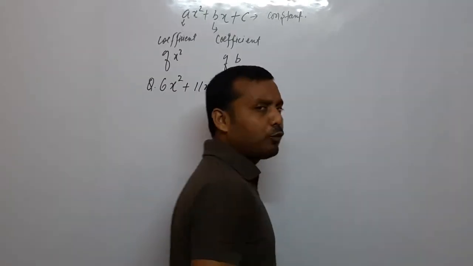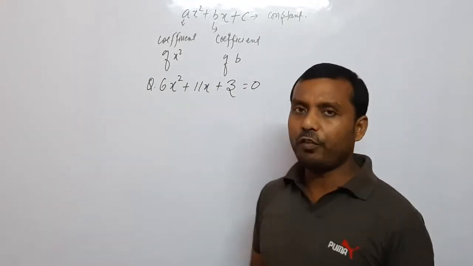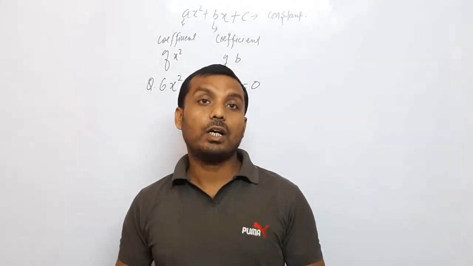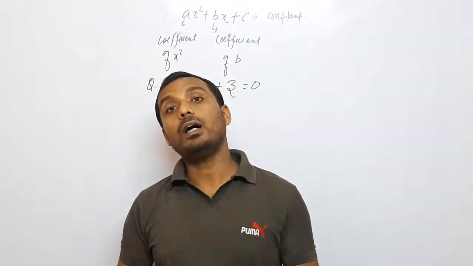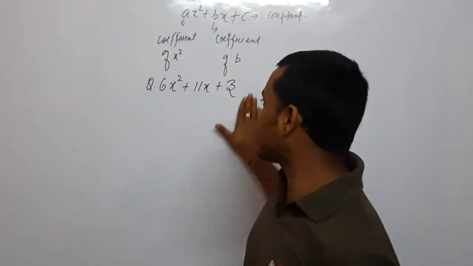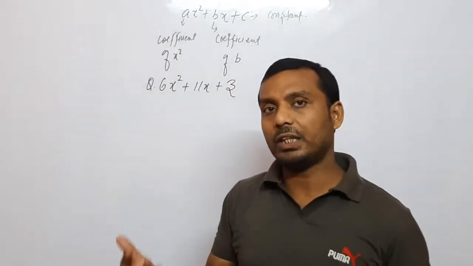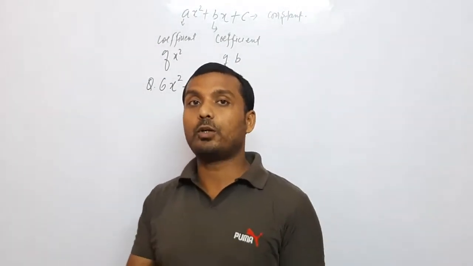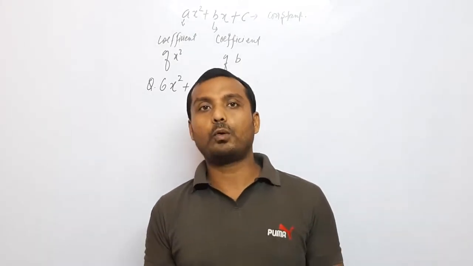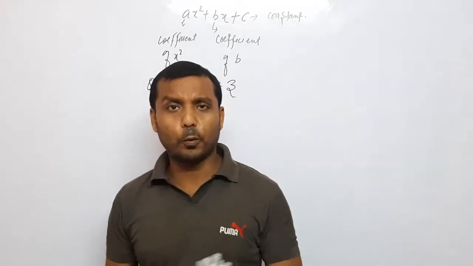Means we have to find the value of x. Okay. So using the middle term splitting, here we can say that we have to factorize this. Or either we can be told to find its zeros. We can be told to find its zeros. Okay. So we will discuss both of the things.